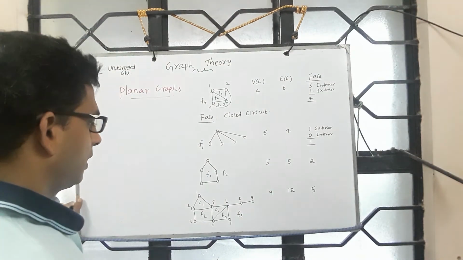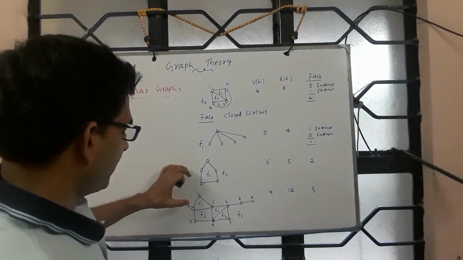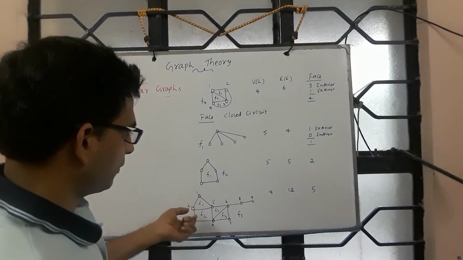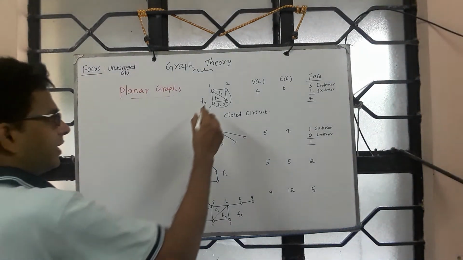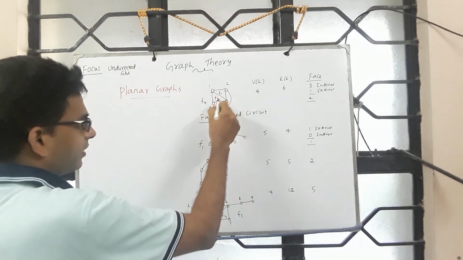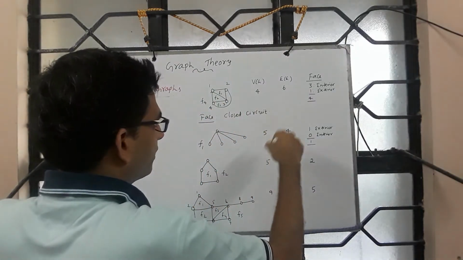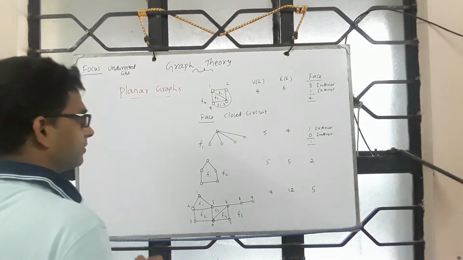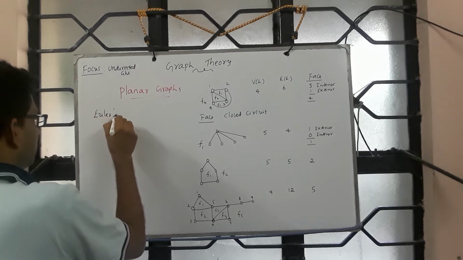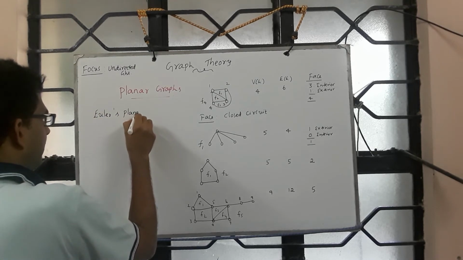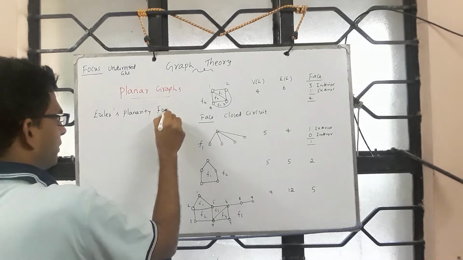So now you see that when you take a graph, take its plane drawing. With respect to the plane drawing, you should talk about this. So don't take K4 as such. Take the plane drawing of K4. With respect to the plane drawing of K4, you can talk about number of faces. Euler, the great scientist, he brought a relation among these three. It's called Euler's planarity formula.